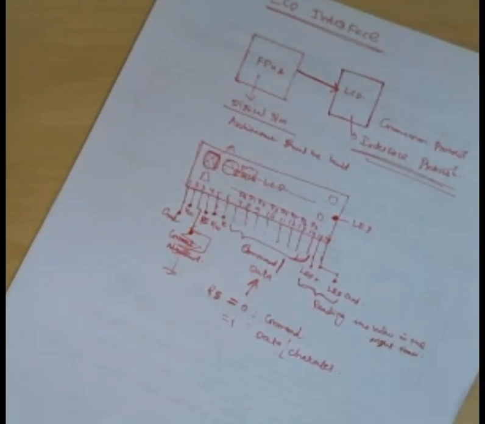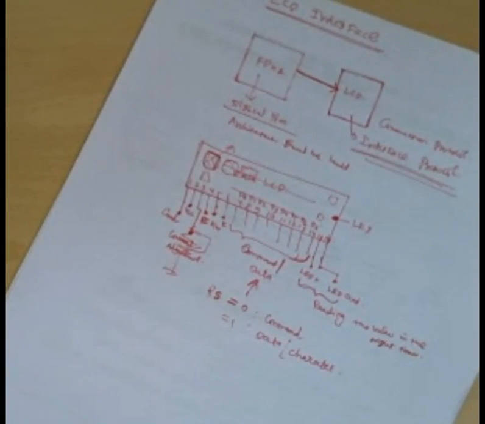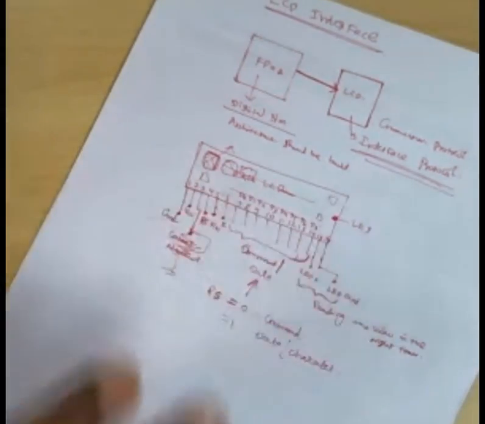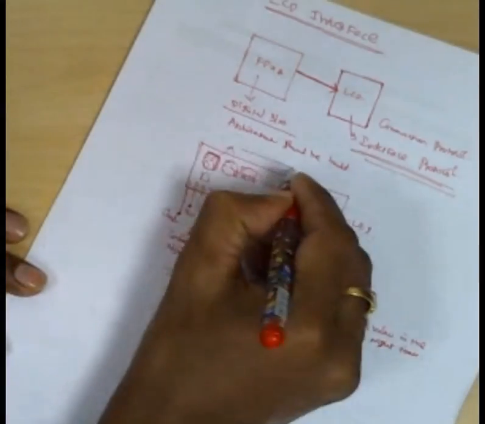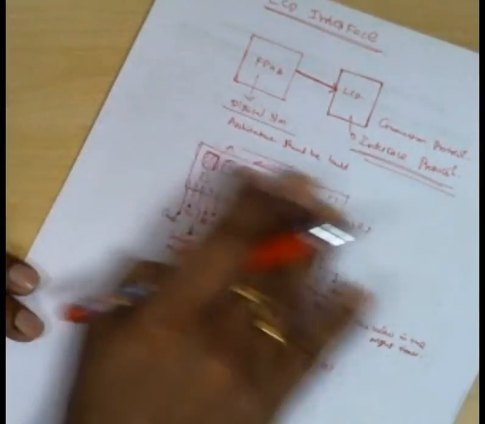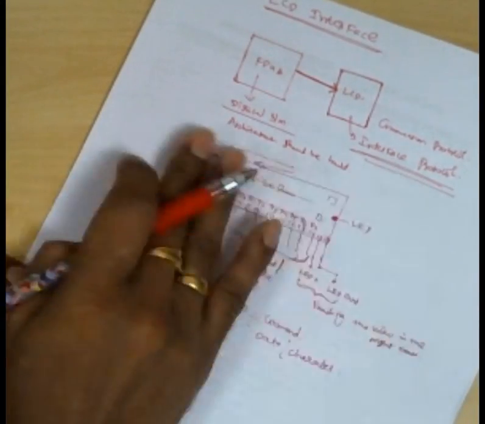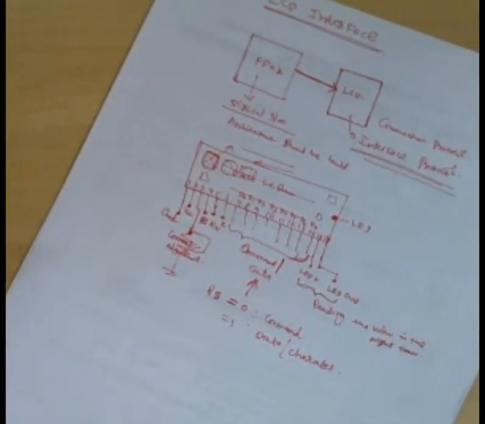And then second, whether you want to start your display from the first pixel or third pixel. That also we should inform the LCD. And whether you want the cursor to blink or not. That also we should inform the LCD. And then whether you want display from left to right or right to left. Or you want to update the new display without erasing the previous display, or you want to erase it and then initiate the new display. So cleaning the screen is required or not. You understand the idea now? So in order to prepare the LCD to display the characters the way we want, we need to give the command to the LCD now.